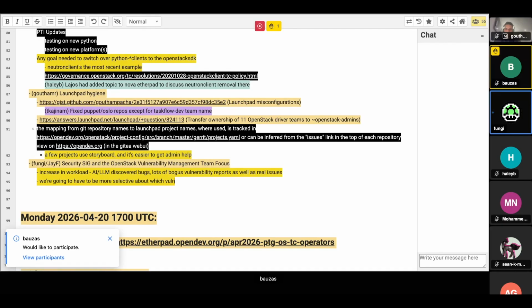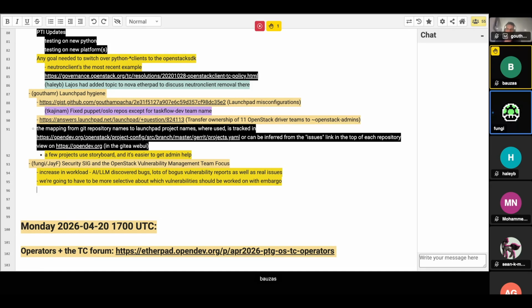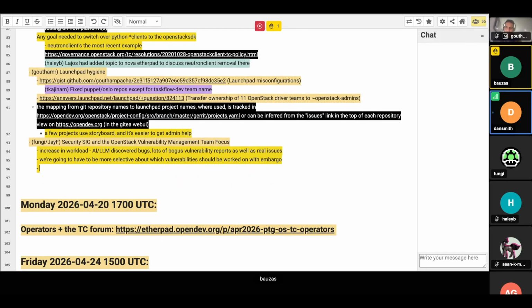And so, one of the ways that we can help temper that workload will be to not do things in private when we don't absolutely need to. Can I also say not become complacent with the number of them coming in? I think it's easy to start seeing so many come in that are bogus and look at the ones that might be legit and think, oh, this is just another overreaction or hallucination or something like that. I don't want to see us lose the signal in the noise.